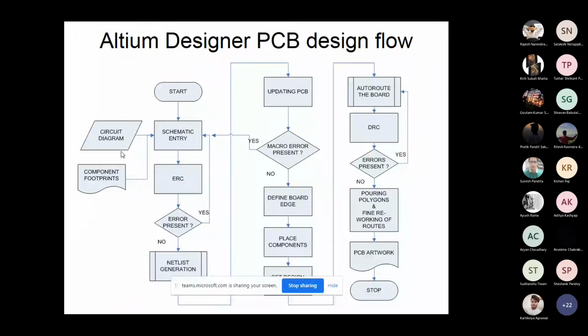So after that, you go for what is called the electrical rule check. We'll see what it is exactly, but not really required at this point of time. Then something called the netlist. I think I've already spoken about what exactly a netlist is. Have we spoken about the netlist? The concept of netlist, I think we have already done.